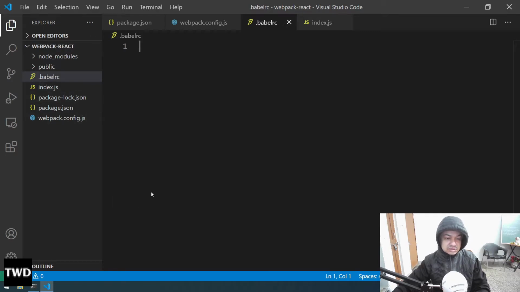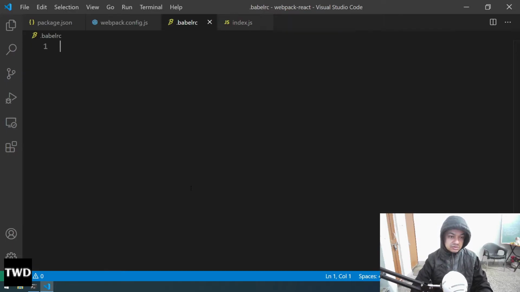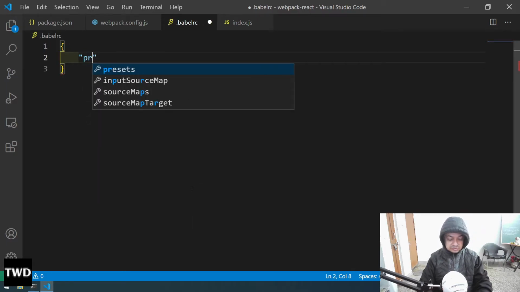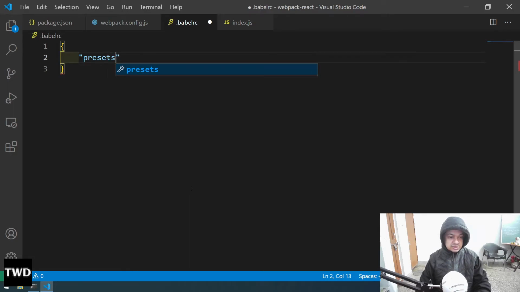Nowadays VS Code comes with all the icons. You don't have to install it by going into the themes. You can change it, but by default it comes. Okay, so Control B, I will do .babelrc. So here, presets, some presets we have to take. Okay, so the presets will be